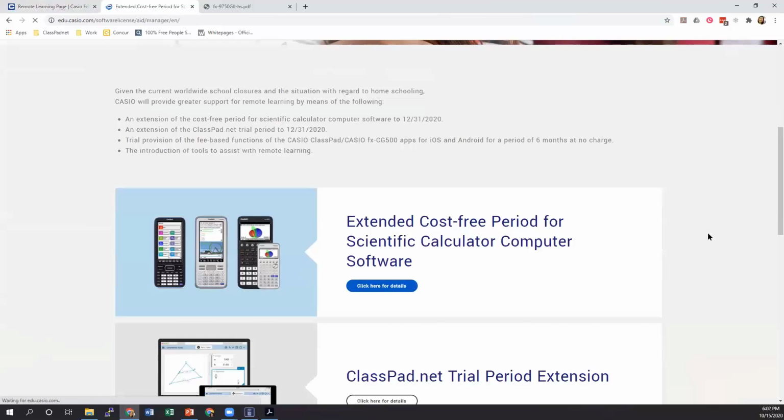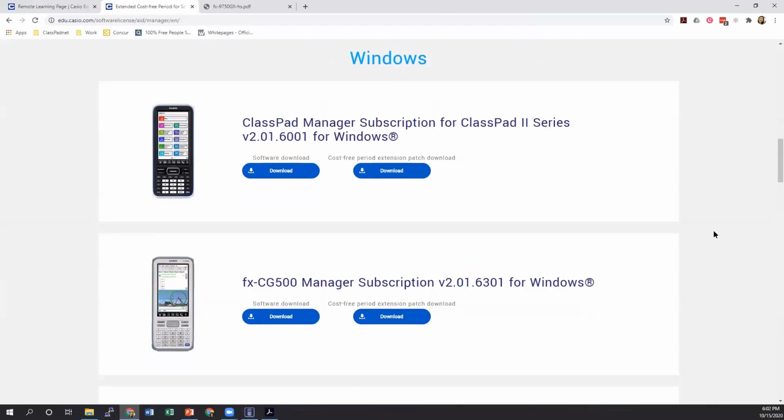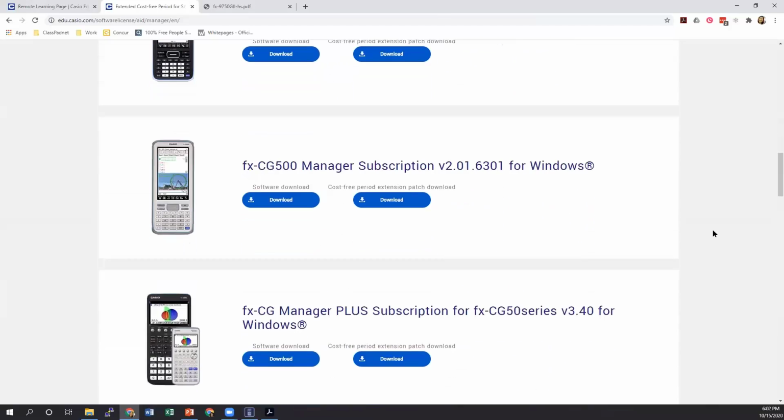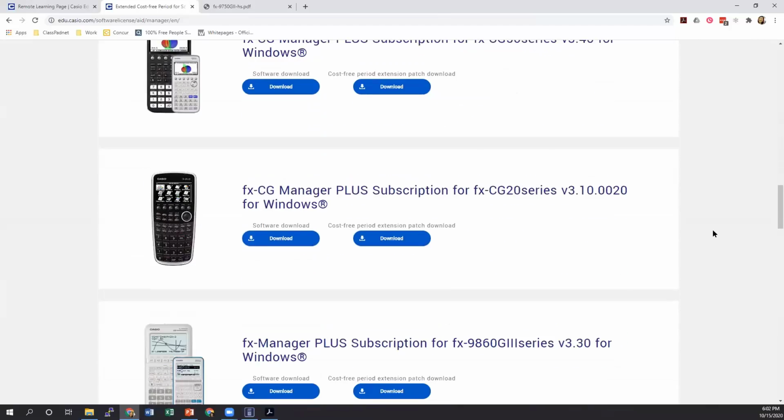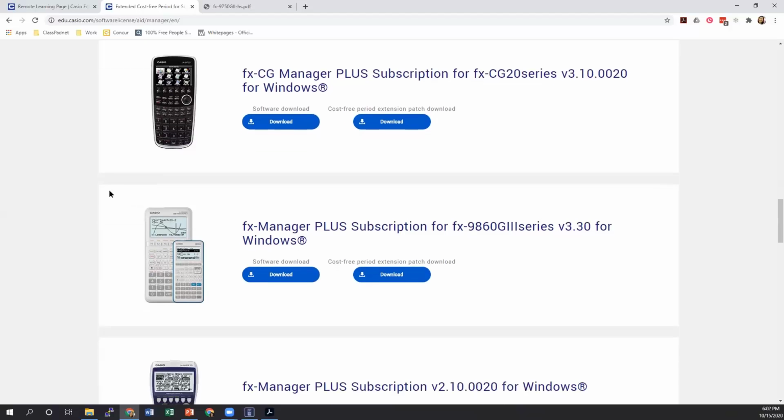So it is typically a 90-day trial period, which means that our current Casio Cares program is not going to work anyway, because that expires at the end of December. So if you download the trial software now, you'll automatically have it for 90 days after that. Yeah, 90 days. And this one's hard to find, which is why it's the 9750, but yes.